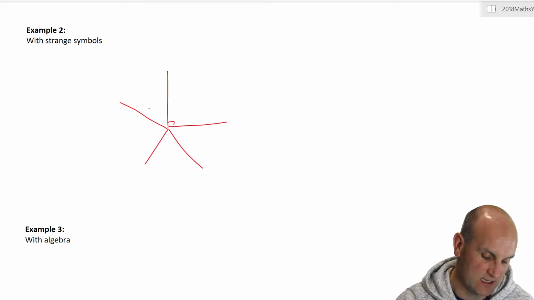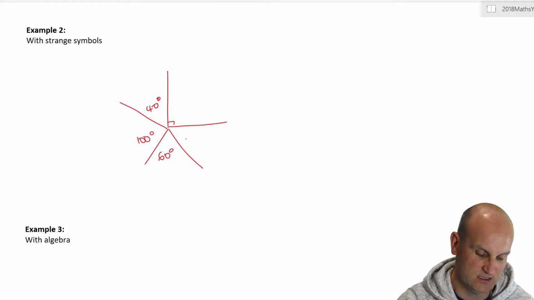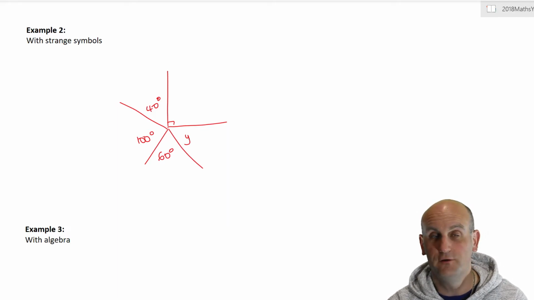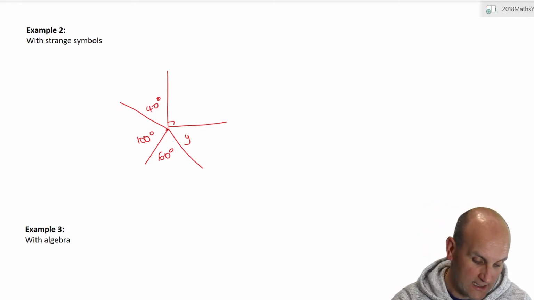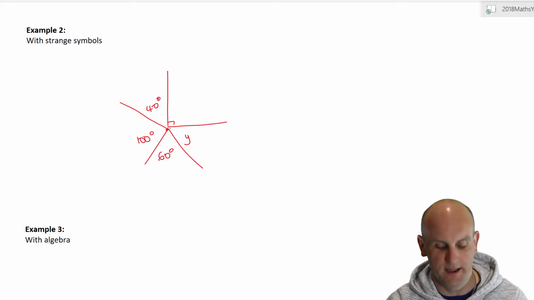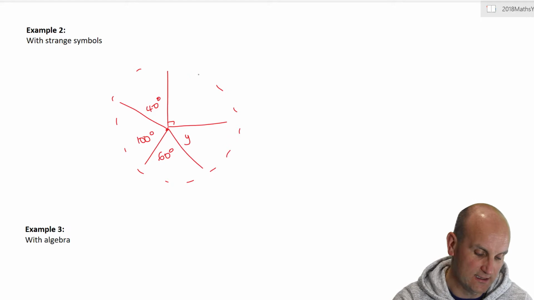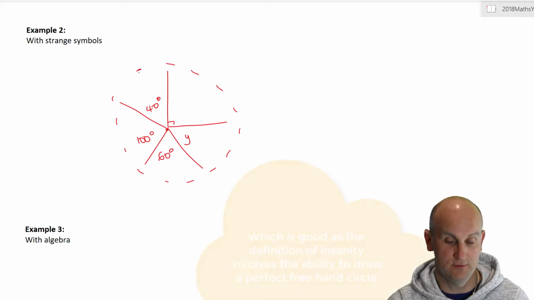So let's say that's 40 degrees. That's, I don't know, 100 degrees. That's 60 degrees. And I'm going to put, let's call it something else like y, because we don't always have to have x for the letter. Do you see the point? Well, they all meet at a point, this squash spider. And so knowing that, and knowing that they're effectively inside a circle, and that's a really bad circle, but we'll go with it,